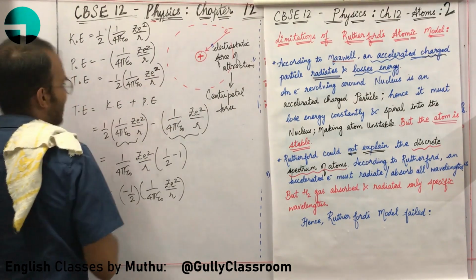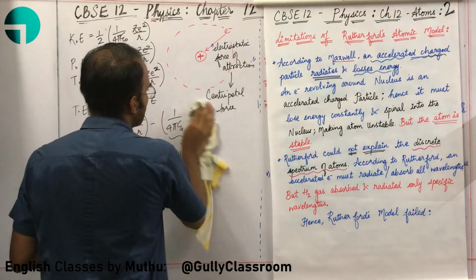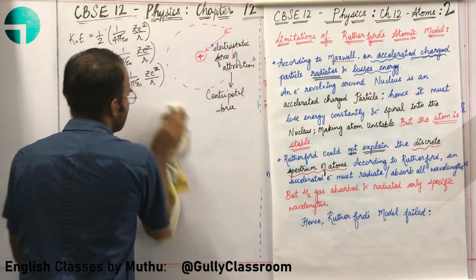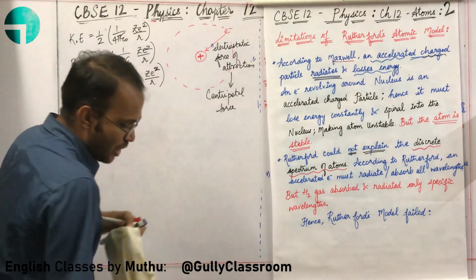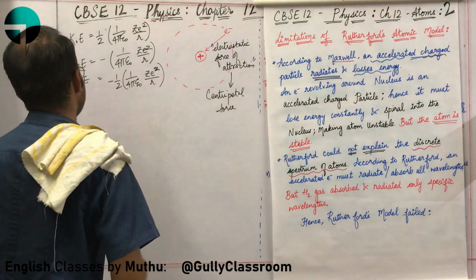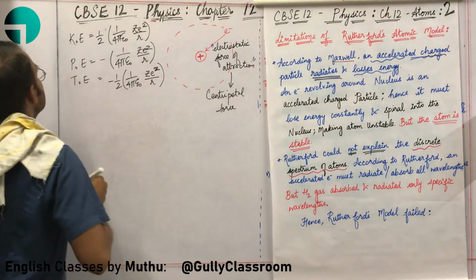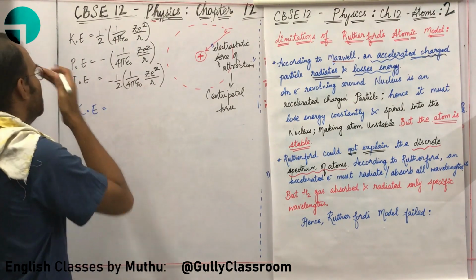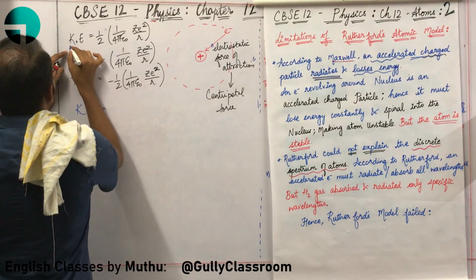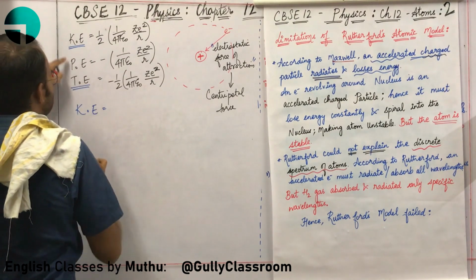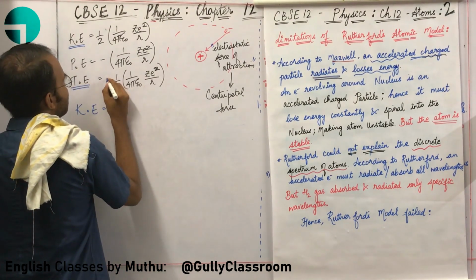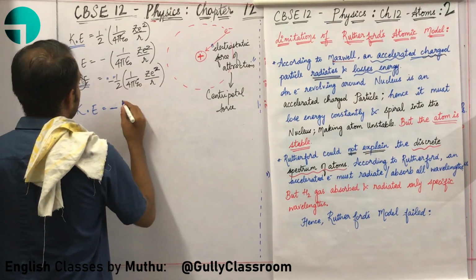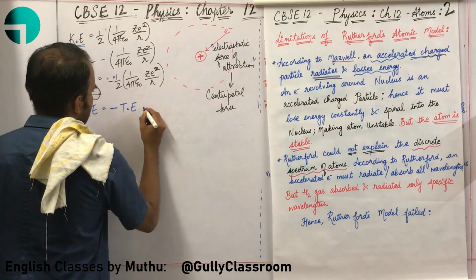So now we have kinetic energy, potential energy and total energy. Now we need to do a comparison of all the three energies. Let us start with kinetic energy. Kinetic energy is equal to, kindly look at this, kinetic energy and total energy are one and the same. Total energy has an extra negative, so I am going to add an extra negative and put total energy, which is equal to